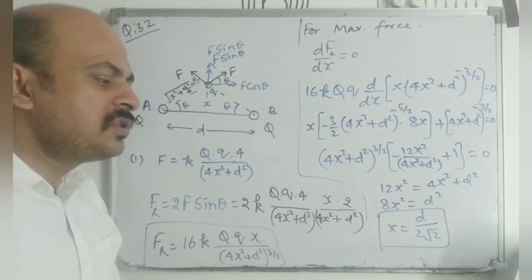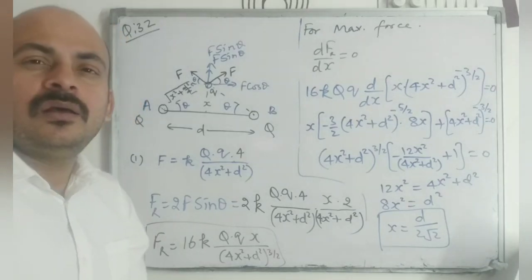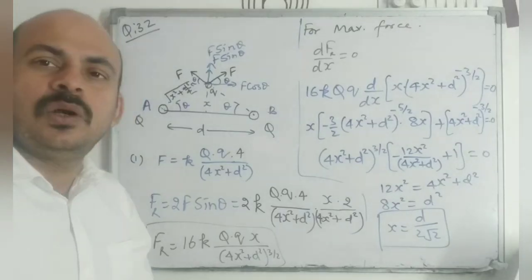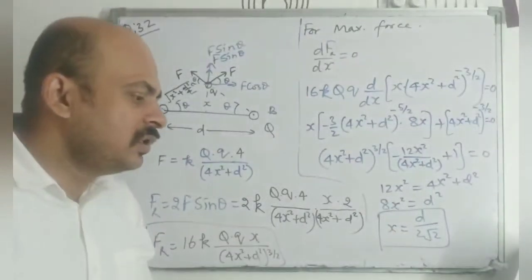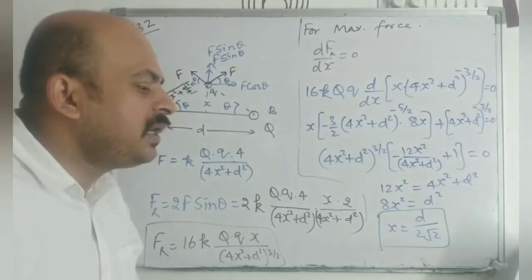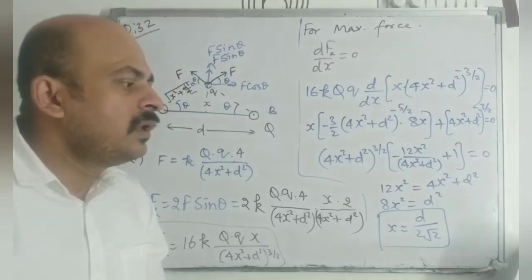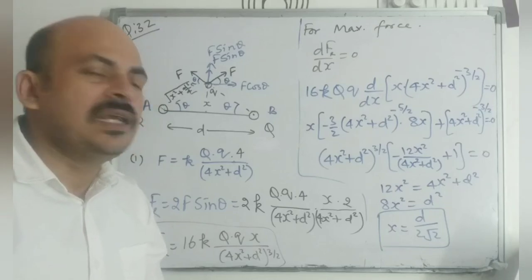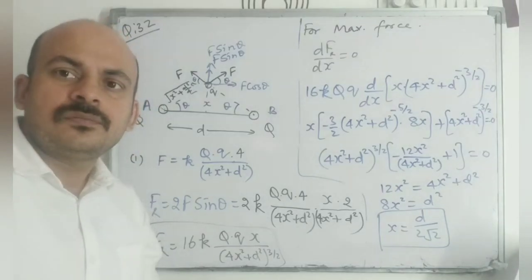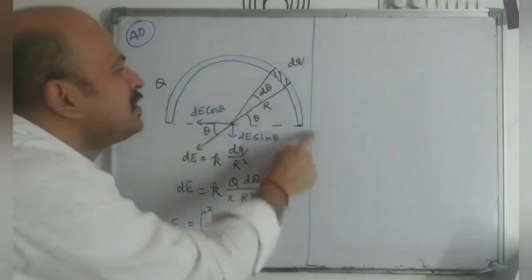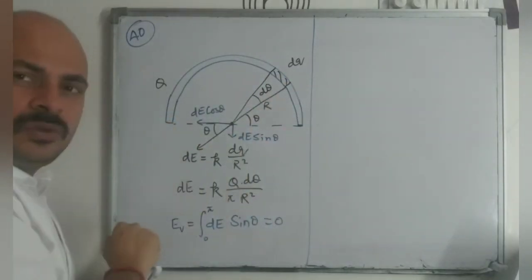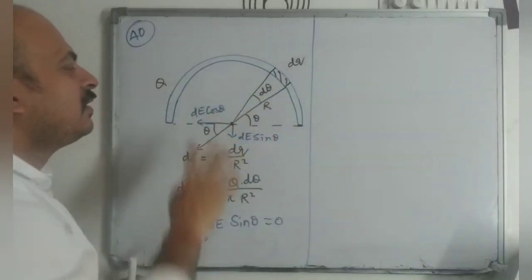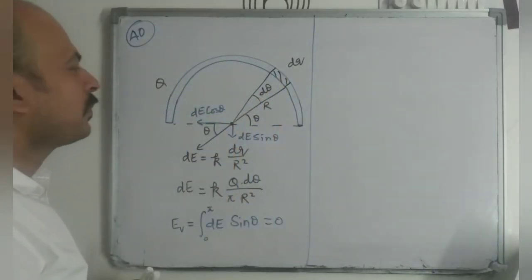They all have been solved in my video to calculate electric field due to a ring and due to a rod. So I am going to solve question number 40, that is based on electric field due to a semicircular ring. There is a semicircular ring, having charge q, radius r. We have to calculate electric field at this point, at the center of the ring.